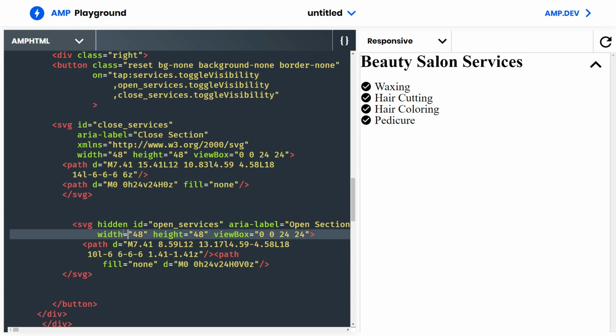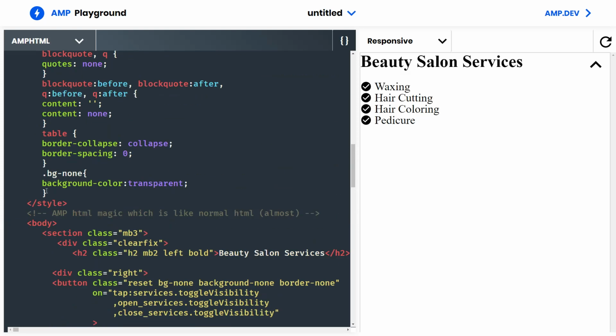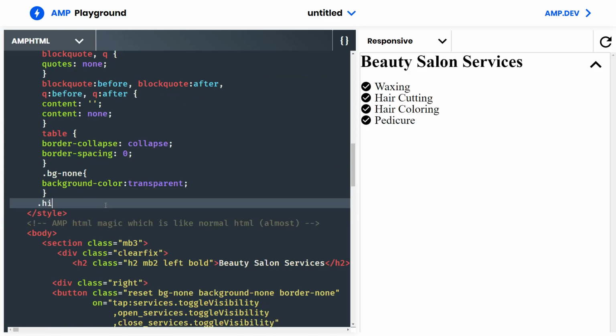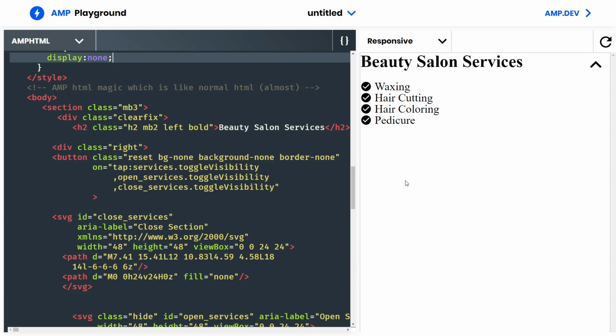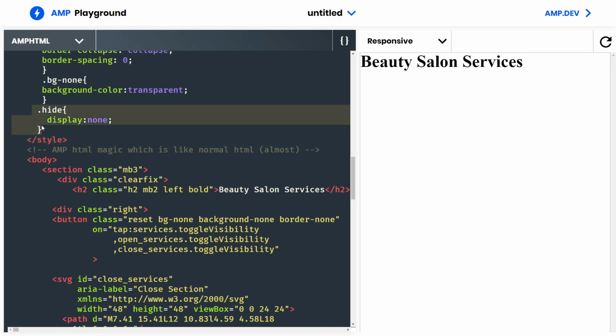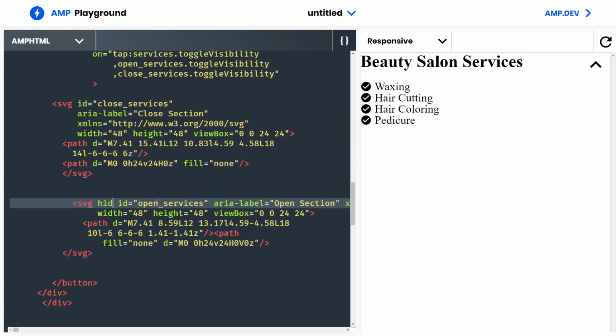And it is very important because if you see over here, if we refresh the page, I have the second arrow hidden by default, okay? And I'm using the hidden AMP attribute. I am not using display none, because if you give it a class of hide, and you define hide in your CSS, you know, display none, then toggle visibility is not going to work. See, it's not working, because toggle visibility show and hide only work if you have previously hidden an element with the hidden AMP attribute instead of display none using CSS.